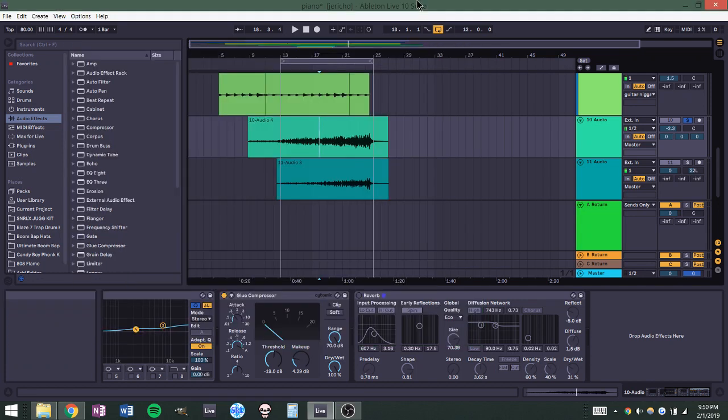Hey YouTube, I thought I'd make a quick video on how to do pan reverb. Took me a while to figure out. I'm still learning a lot in Ableton, but anyways, I think I figured out a pretty easy way to do this. Without going into too much depth, pan reverb is just where you have, I guess, two different reverbs